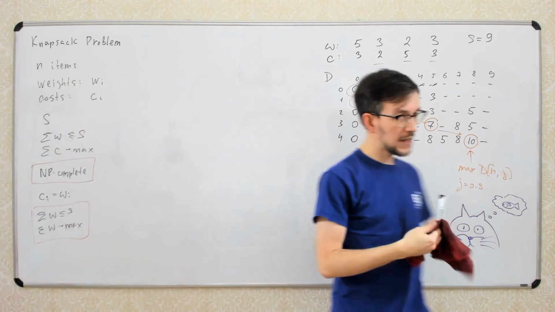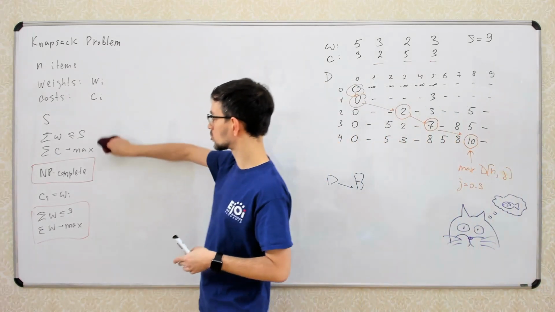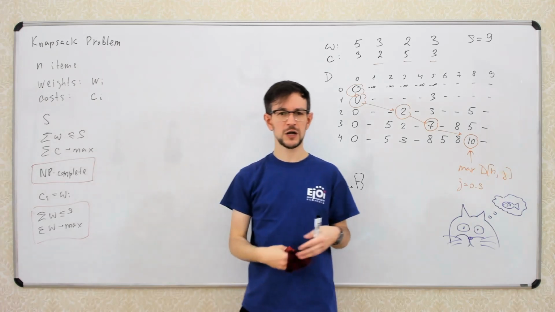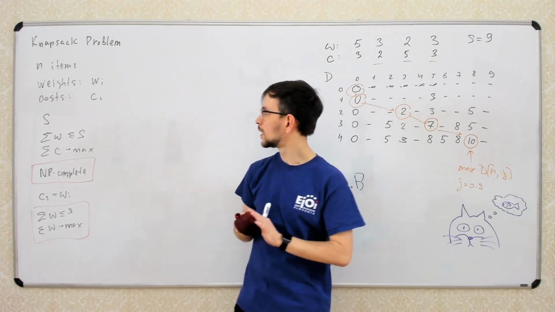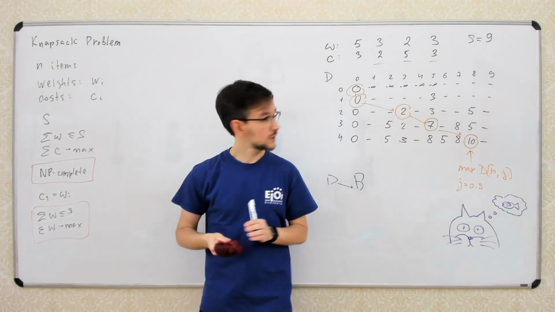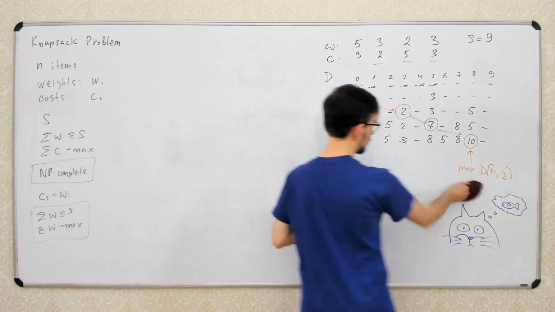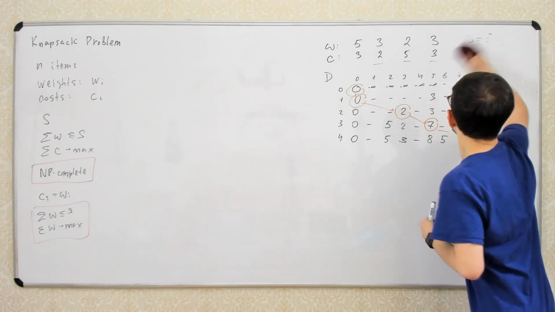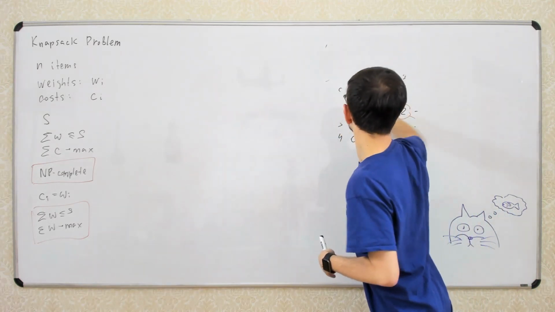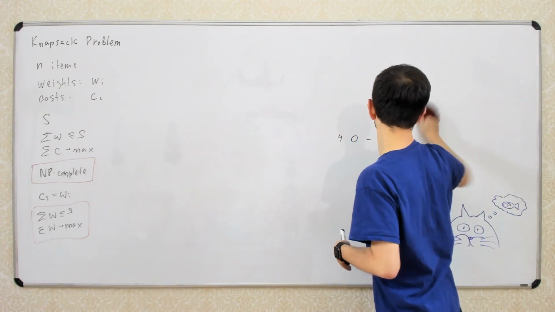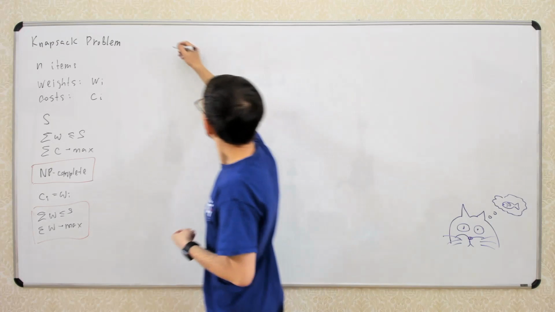Now, the next important topic I want to discuss is what to do if you have a problem where the weights are not integers, or if weights are too big to have an array of this size. What can you do? Several different things. First, what I want to talk about today is what you can do if the number of items is very small. So if n is very small,